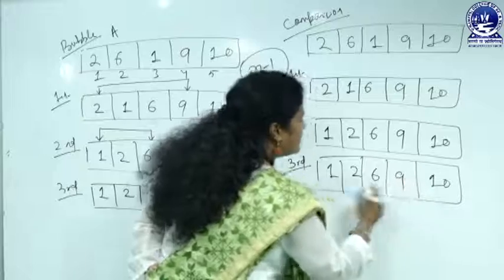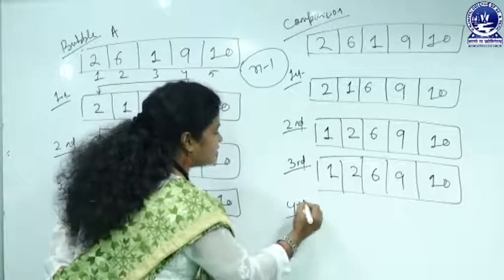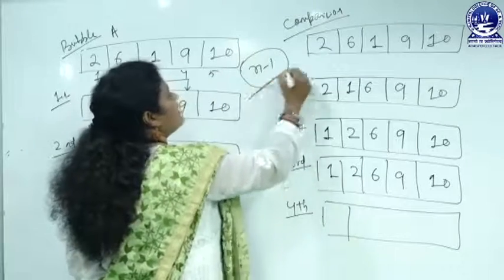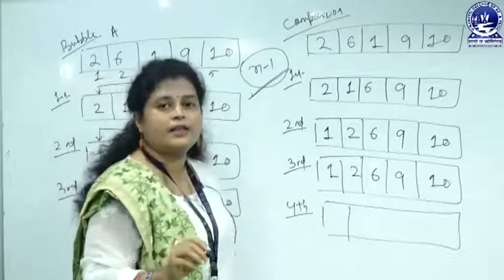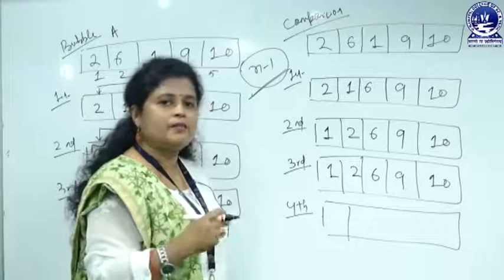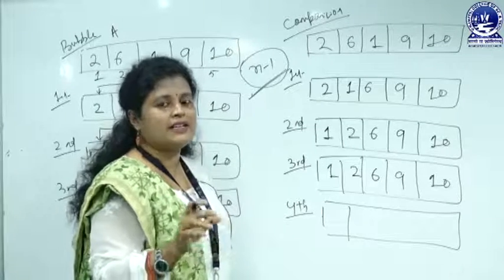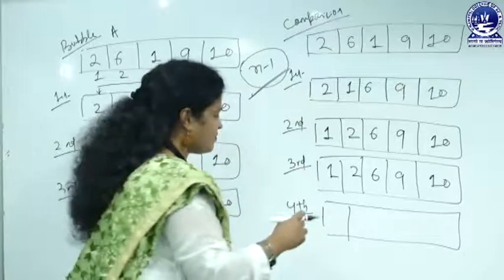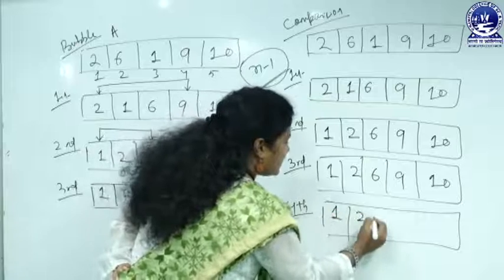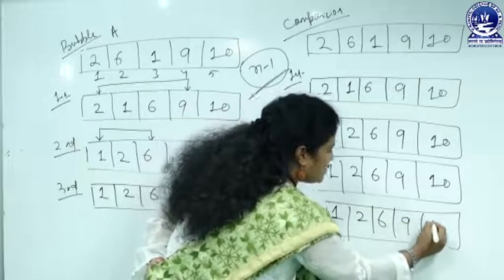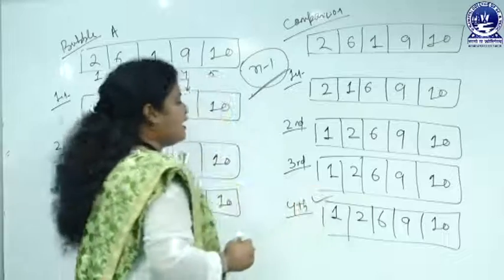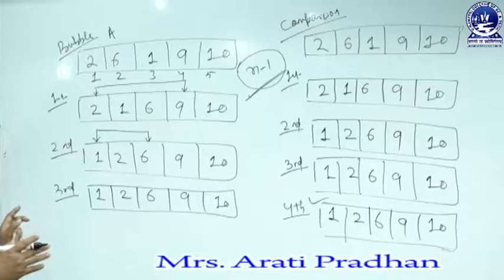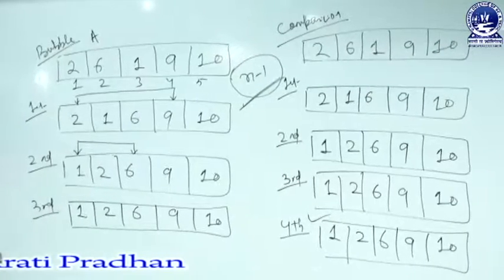And at the end of the third iteration, again the fourth iteration. Why? Because here the loop will be continued in a nested manner for n minus 1 time. This is also the logic for bubble sort, but in bubble sort, inside it, one extra if condition is there, which I will explain later. At the fourth iteration, again there is no requirement of swapping because the list is already sorted and we got the final output. Now, you can clearly see the differences between the bubble sort and comparison sort.